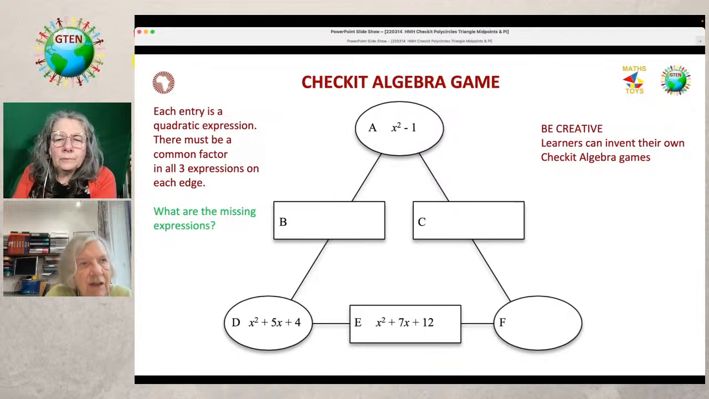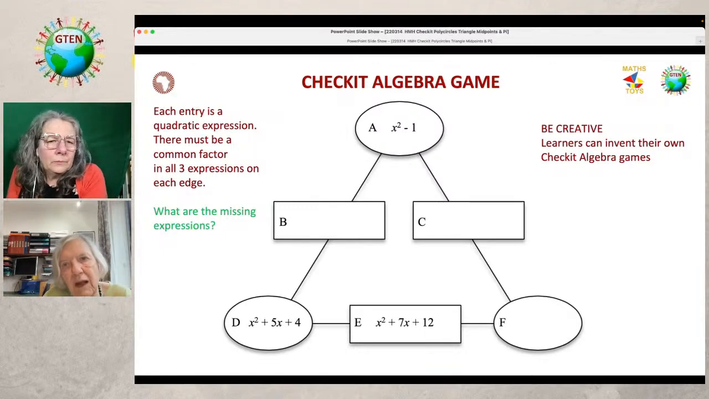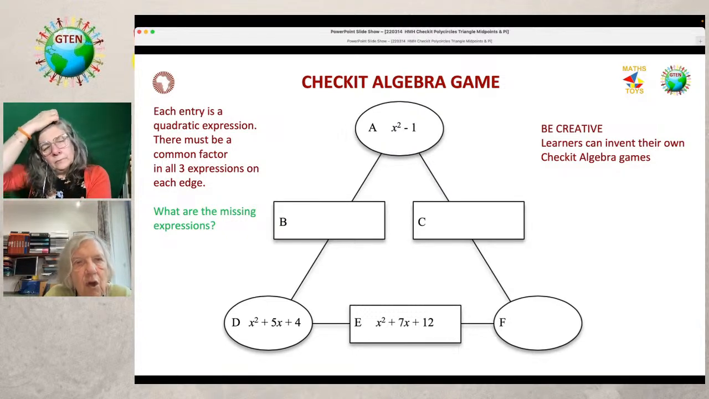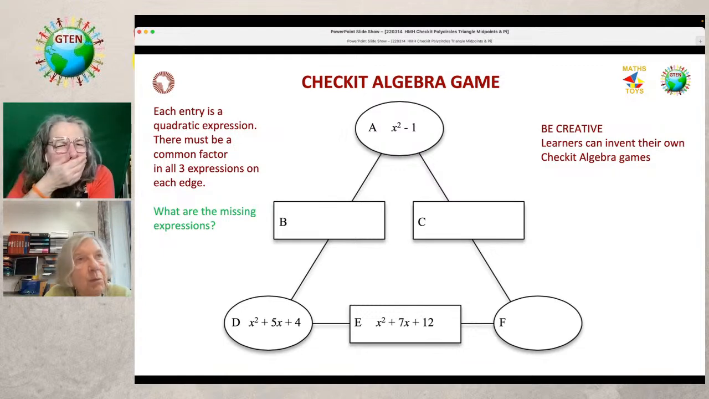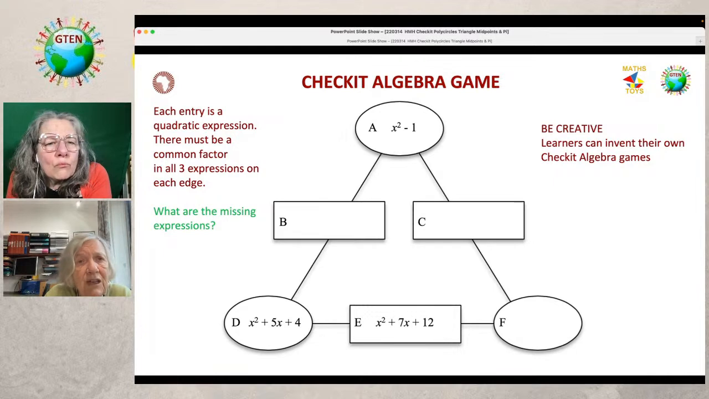Now, this is an algebra game, and we won't dwell on this, but this is another version where x squared minus 1 at the top is x minus 1 times x plus 1. And in the box in the middle, you've got to have a common factor. So x squared plus 5x plus 4 is x plus 4 times x plus 1. So in that box,